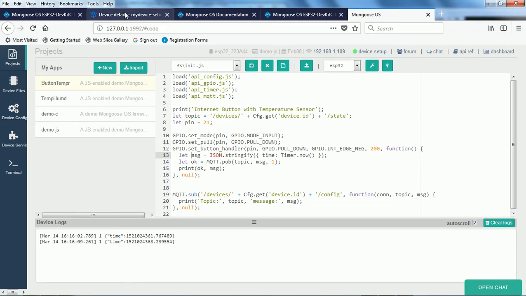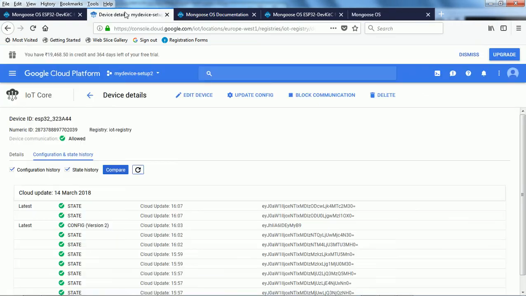Now let's go to the device details on the Google IoT. Here you can see this is the Google IoT, console.cloud.google.com, and at the current time, which is 16:16, you got the two messages which I just pressed. Let me expand any one of them.